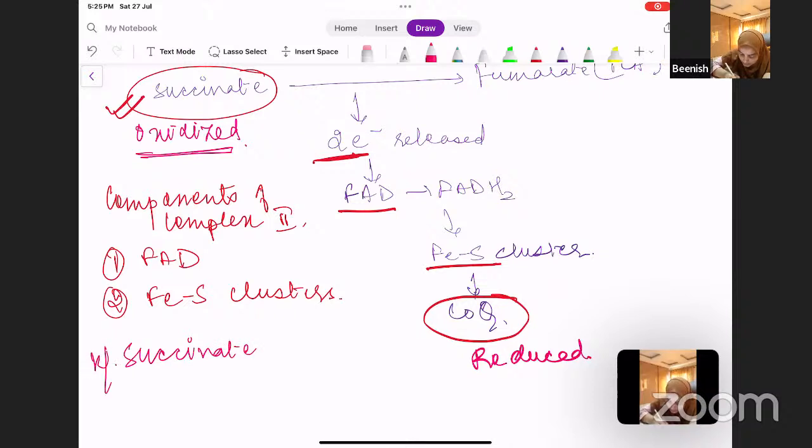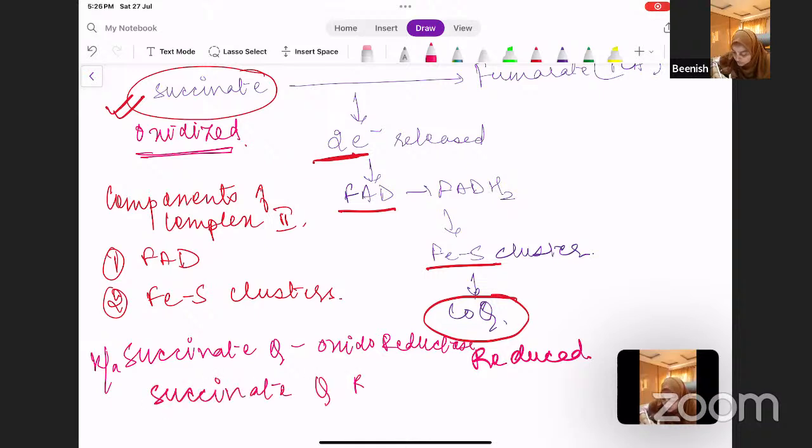Succinate, known as succinate Q oxidoreductase, or succinate Q reductase, is another name for it. So we've studied about complex 2, that how from